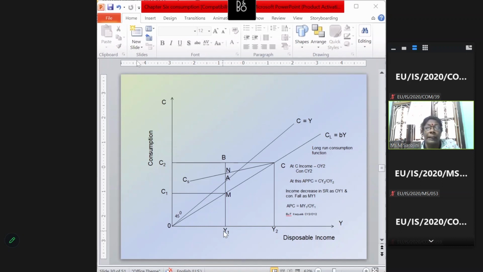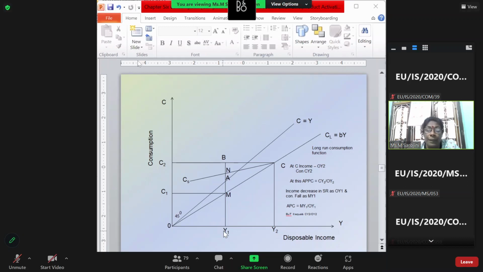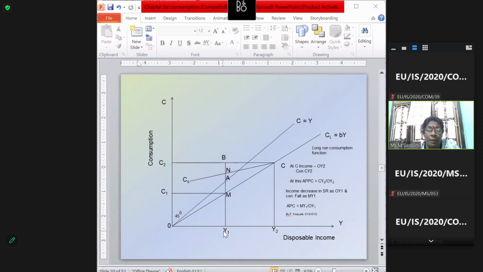But according to the relative income hypothesis or the ratchet effect, this will not happen, right? That means when the income decreases from Y2 to Y1, consumption will not decrease from C2 to C1,